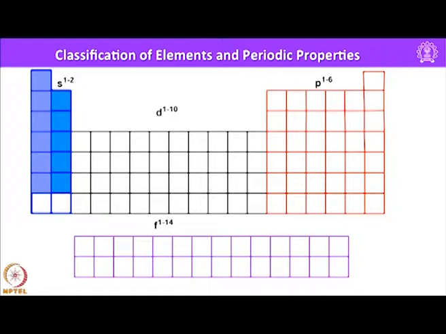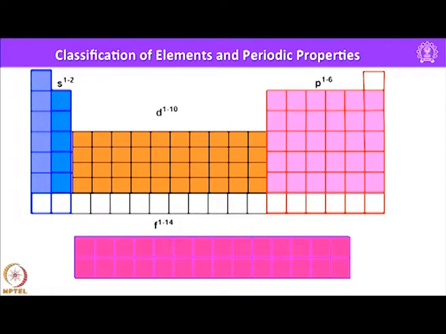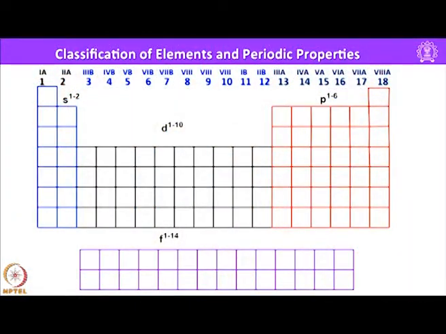We have about 11 elements in the s block including hydrogen, and then in the p block we have 31 elements including helium, and then in the d block we have 30 elements belonging to 3d, 4d and 5d, and similarly we have the f block where we have 2 rows of 15 elements each in 4f and 5f series. So, this is the entire periodic table, and another important thing is you can notice all these 18 groups are numbered in increasing order.